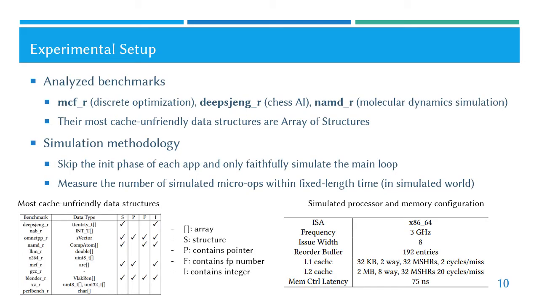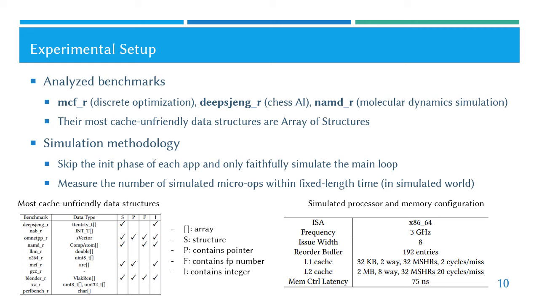For the experiment, we analyzed three benchmarks from Spec CPU 2017, MCF-R, DPSN-R, and NAMD-R. The most cache-unfriendly data structure of them are array of structures as shown in the table on the bottom left. In the table, the bracket means that the data structure is an array, S means that it is a structure, P means it contains a pointer,